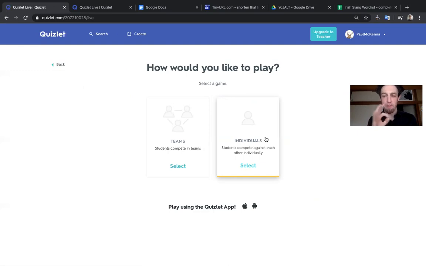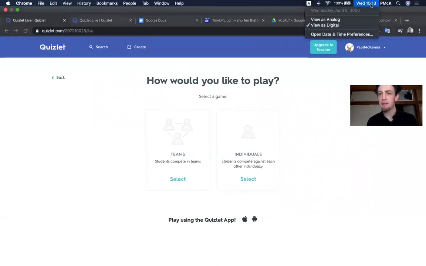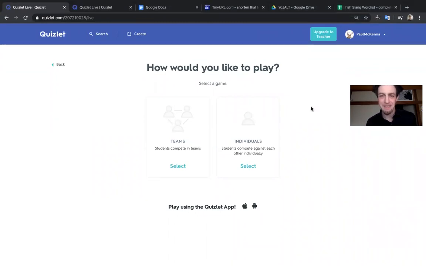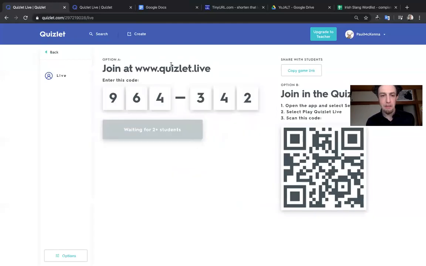Up until recently, at the time of when I'm presenting this, the 8th of April 2020, there was only a team game. Quizlet Live was always a team game, but now they have created a new individual game. So individuals can play. So we select which one we want, and